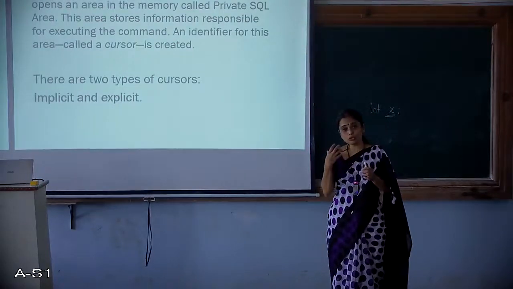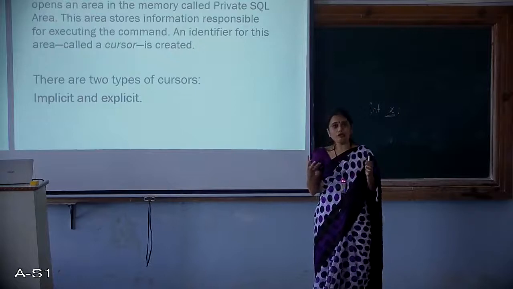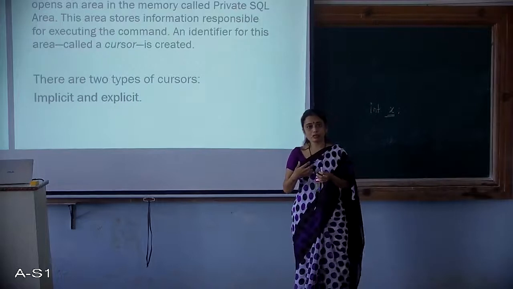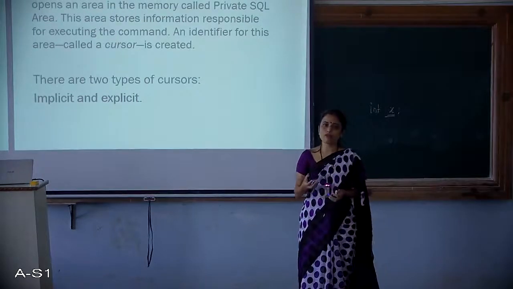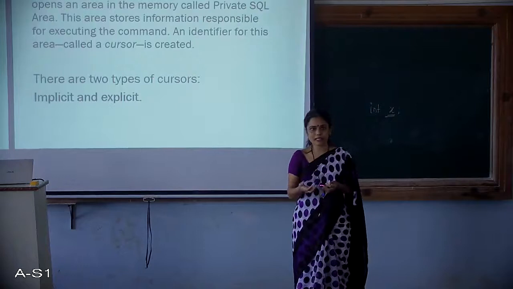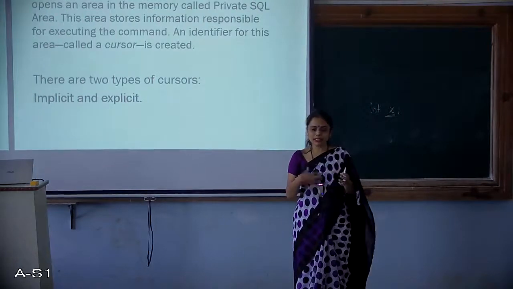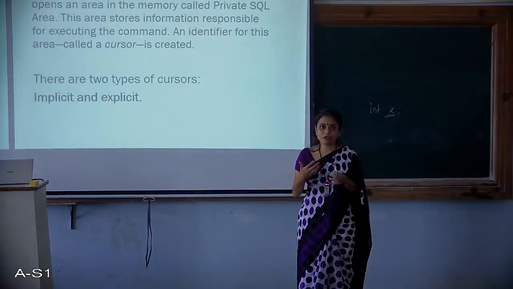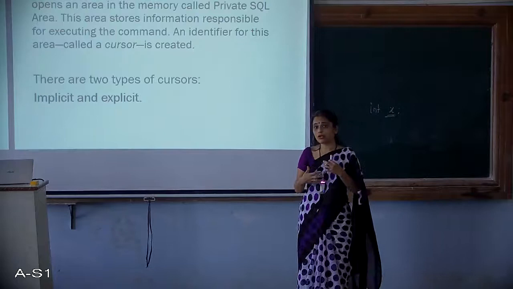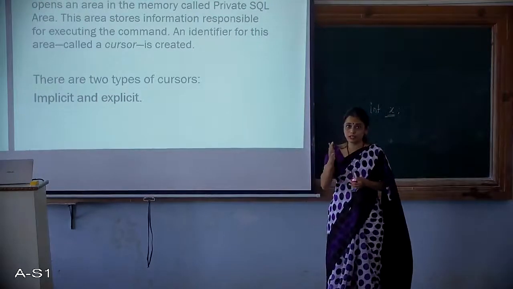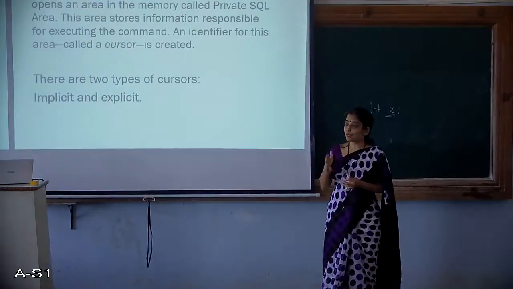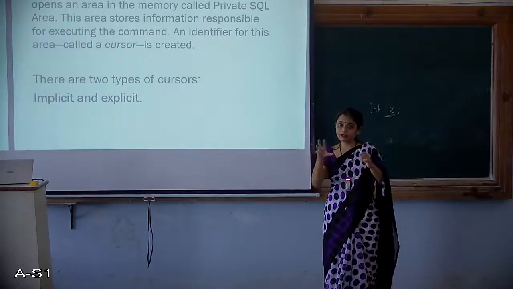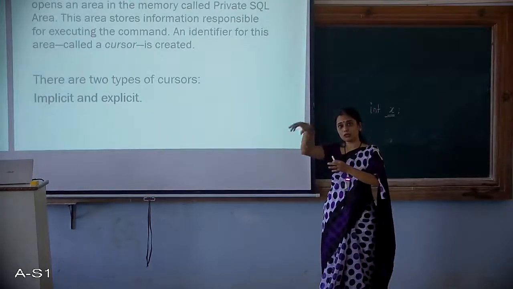Now the question arises: all along we have been using SQL select queries to retrieve data from the database. So were we not using cursors? Yes, of course we were using cursors. Those were all implicit cursors. That means they were all predefined, or they implicitly work. You don't have to explicitly do something to make them work. So these are all known as implicit cursors. Now when I am retrieving a huge amount of data, then explicitly I would want to identify that particular memory location where all this is going to come and reside.